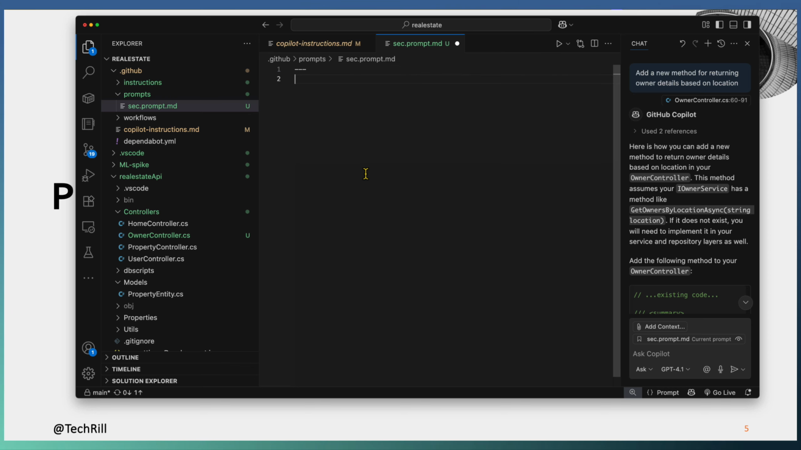First part is the header. You can define the mode, either agent, edit or ask. And then if it is agent, you can define the tools as well. Here we are going with the edit mode, or even you can go with ask mode,